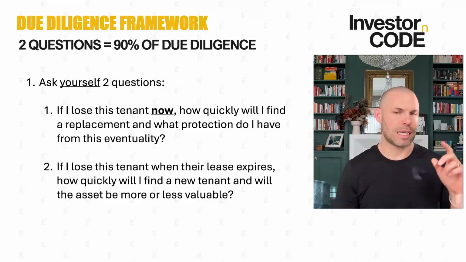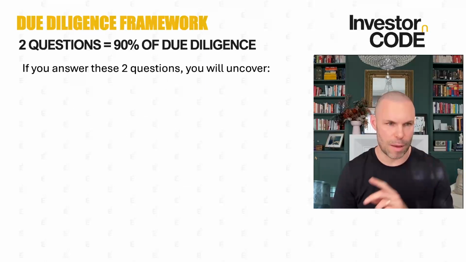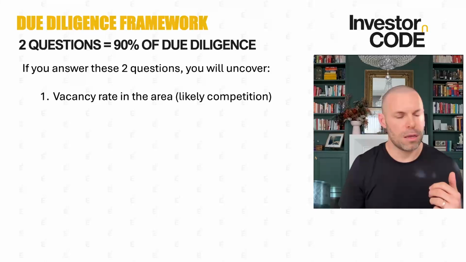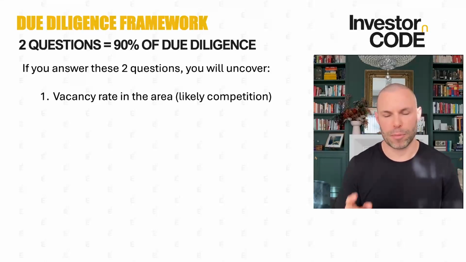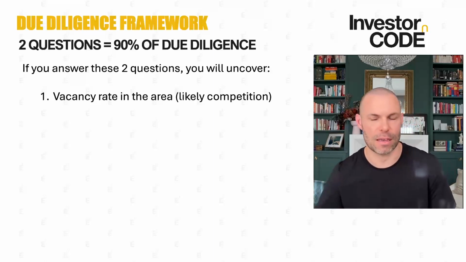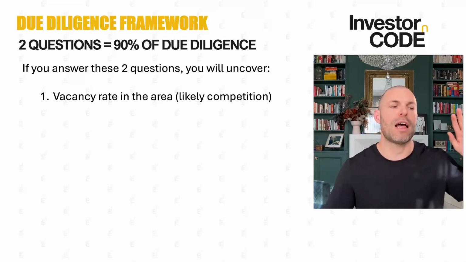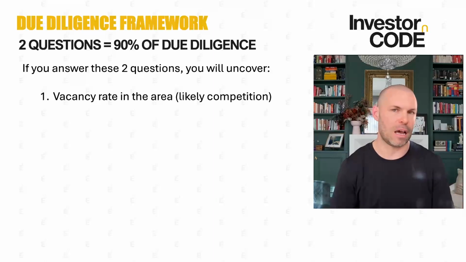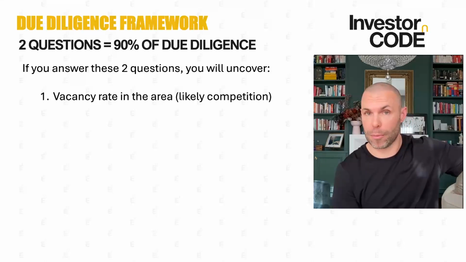Interestingly, I'm going to take one more deep dive here. If you ask yourself these two questions, this is what happens. You will uncover the vacancy rate in the area. Now, there are streets in Australia where you could lose a tenant and you would have 4 people apply for that tenancy the next day, okay? Which means that the vacancy rate is next to nothing. Like for instance, Napoleon Street here in WA, if you lost a tenant, a retail tenant there, you'll have 5 applicants for a new retail tenant within a week of putting up a marketing or advertisement, okay? So great property to own. As a result of that, you're going to pay a very high price for it, okay?